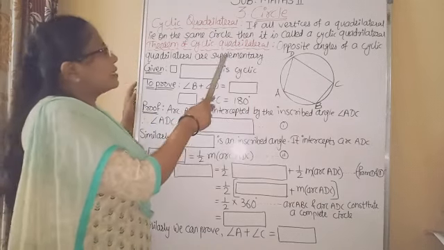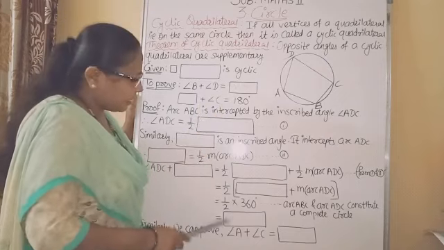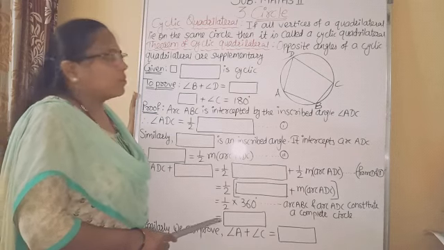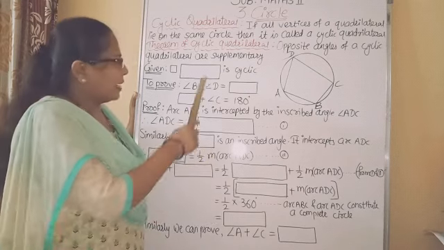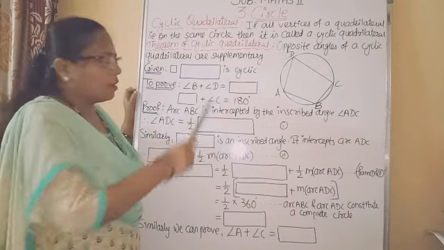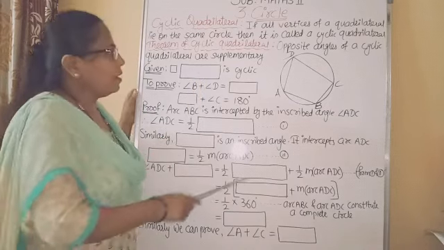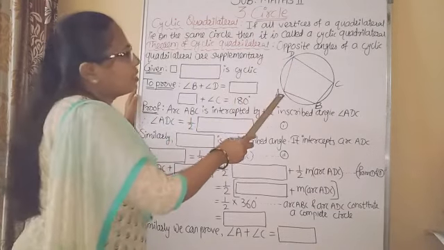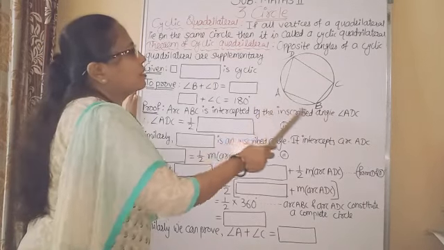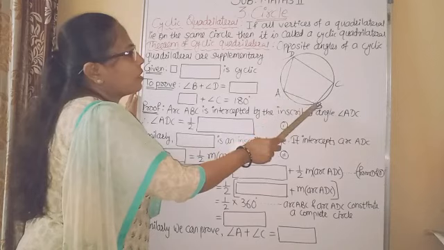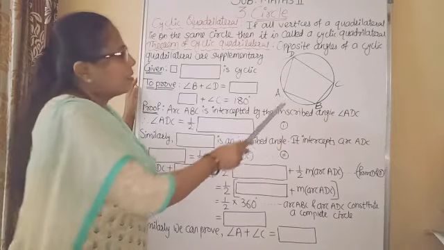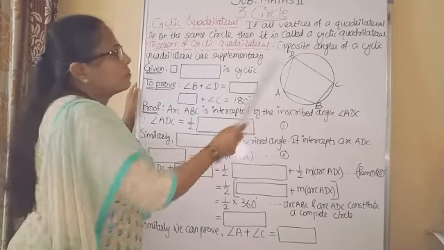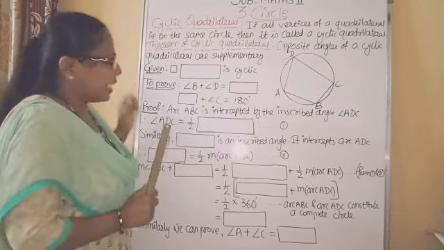Okay, now students, this theorem is given like an activity in your textbook. So I want everyone to open the textbook and complete this activity along with me. Now to prove this theorem, we have to draw a cyclic quadrilateral. So here one circle is drawn, and in that circle a cyclic quadrilateral is drawn. Each vertex must be on the circle. So this figure is drawn. Let us complete this activity.